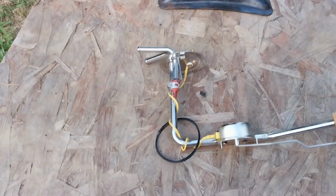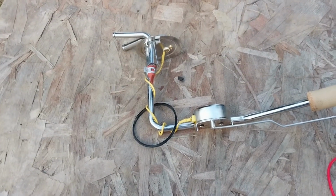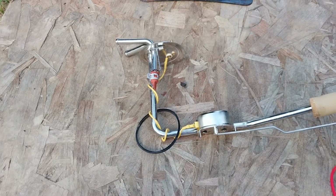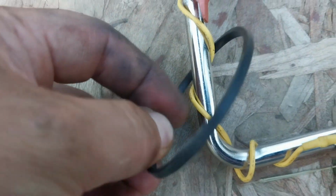I think that's functioning, but I was told that the ground is not grounded. So I may have a wire loose somewhere in the mix. If that's the case, I'm going to try to establish a new ground specifically for the tank. And I got to get this back in, and I don't like this